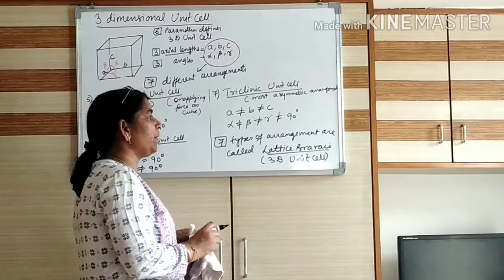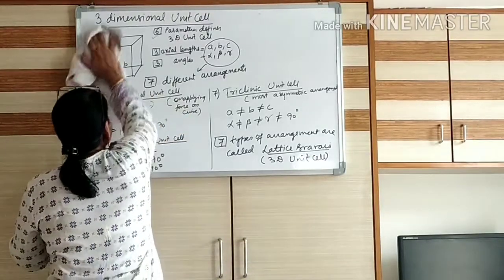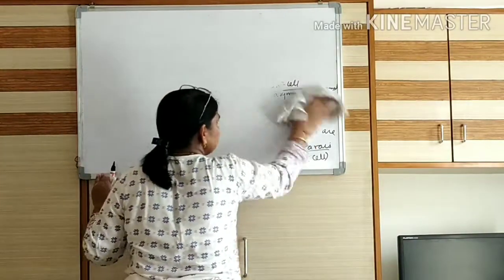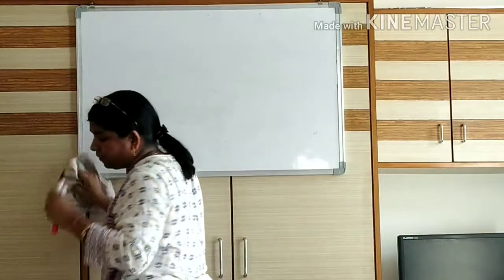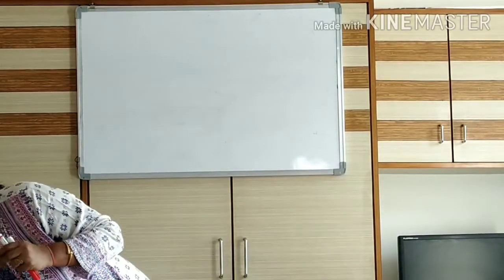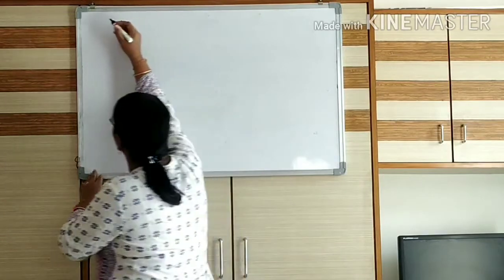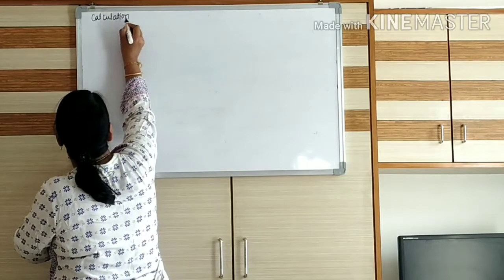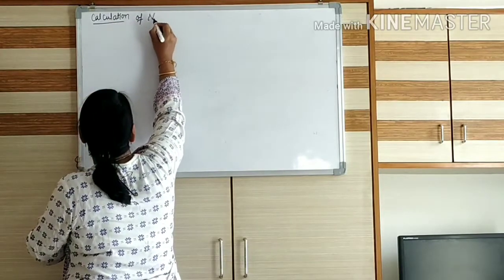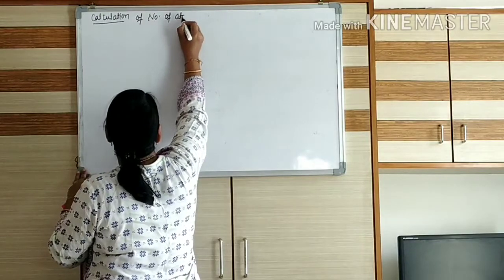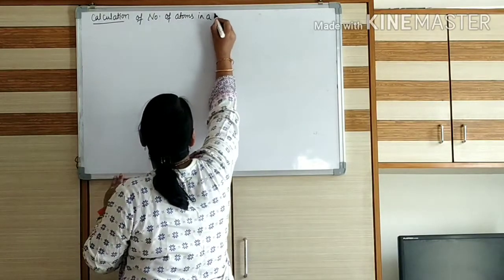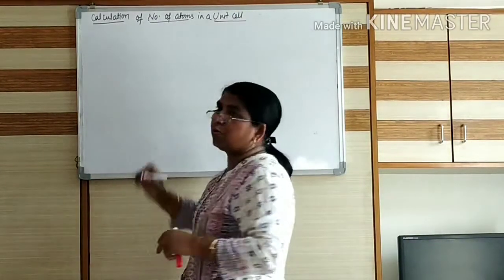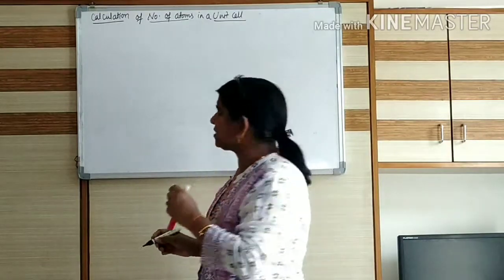Now we are coming to the next topic, that is calculation of atoms. Calculation of atoms in a cell. The next topic we'll take is number of atoms in a unit cell. How to calculate the number of atoms in a unit cell? So first we will take,